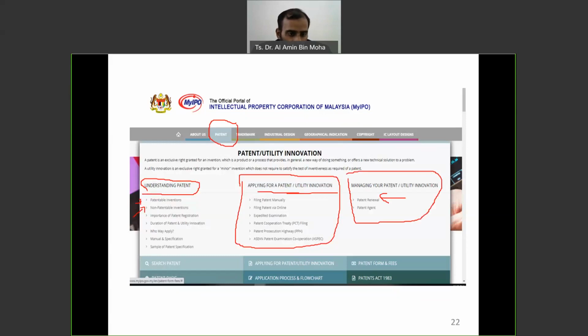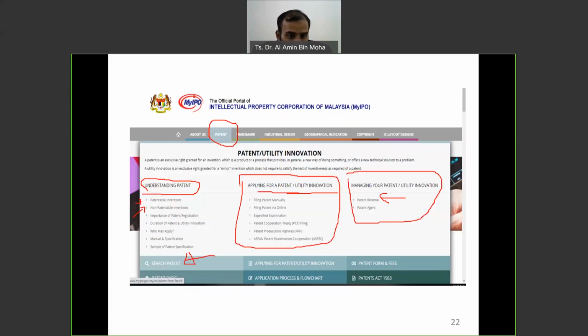So you can search for patents, items that have been patented. Let's say you want to patent a chair, an ergonomic chair. Then you need to check if it's been patented. If so, you have missed your opportunity, right? But you can do some improvement and try to patent it again if it's possible.